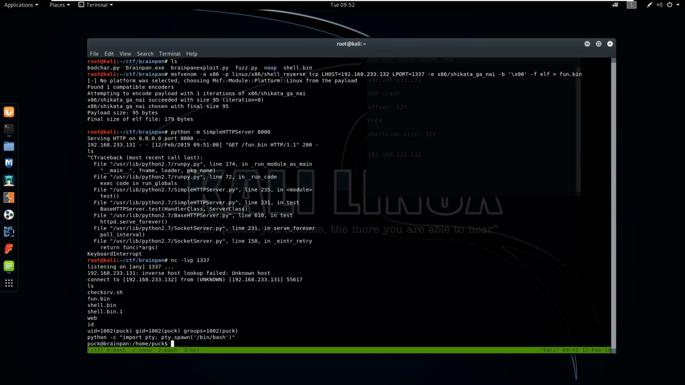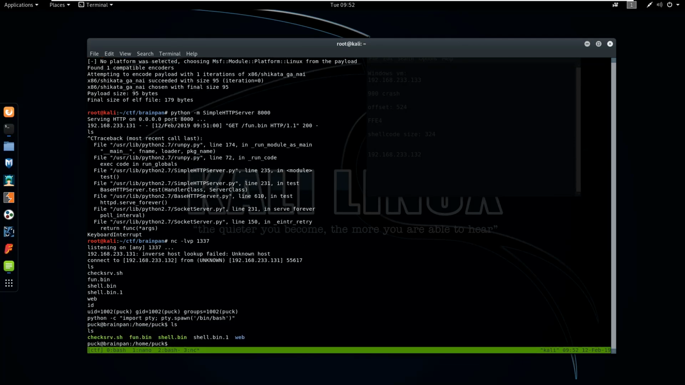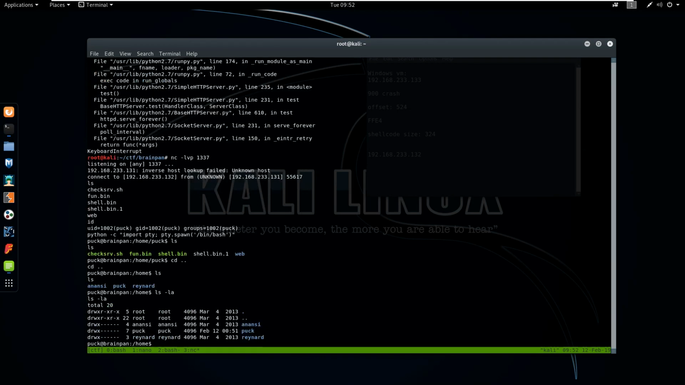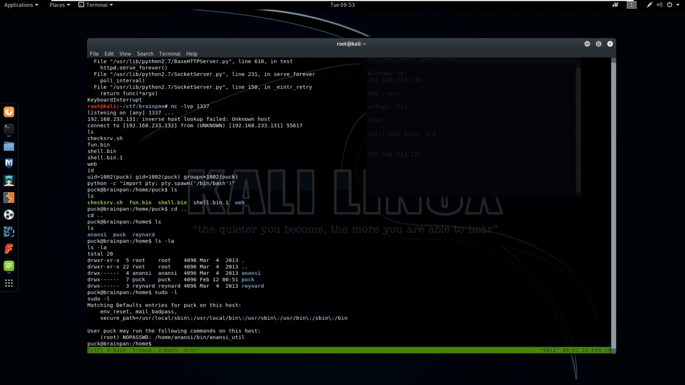Okay, now we have a Linux shell. Okay. So we can see that we have 3 users. Let's see what permissions we have. We can see that